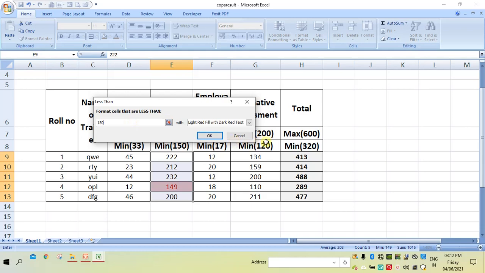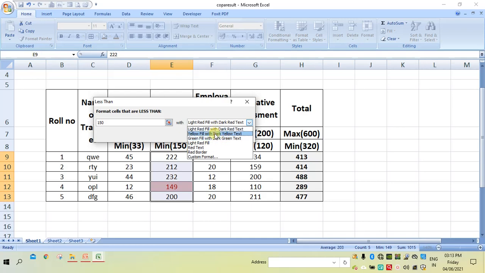And the format style you want, you can choose from this option. So here we have different ones. By default it is a light red fill with dark red text. Similarly, yellow fill with dark yellow text, green fill with dark green text.